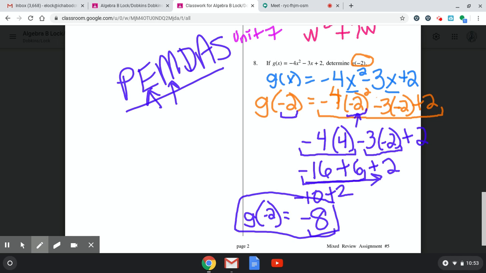The other option is to handwrite out notes onto just loose leaf paper. Or again, if you have somebody at home that can print it for you, that's also an option if you couldn't make it tomorrow. So we'll do what we did last time. If you guys can hold up your work to the screen and show us that you did it, we'll give you